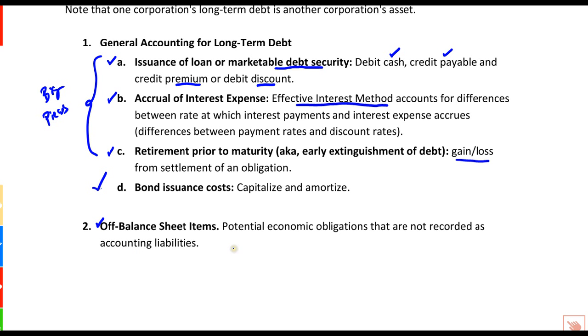We're just going to talk about some examples briefly. In practice, these off-balance sheet items are a huge deal. There's a lot of expertise that's utilized in trying to get items off the balance sheet. So off-balance sheet items are things that are economic obligations or potential economic obligations, but they aren't in fact recorded